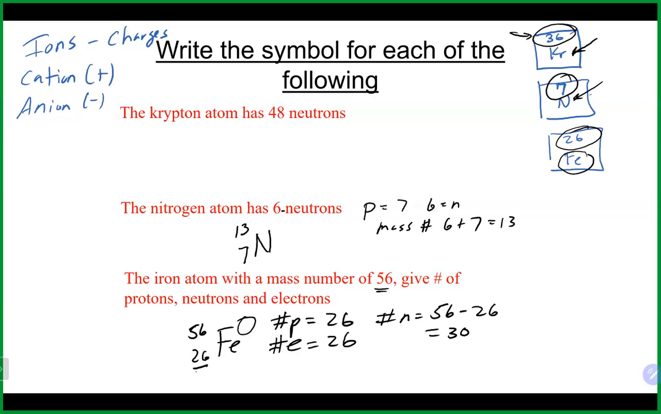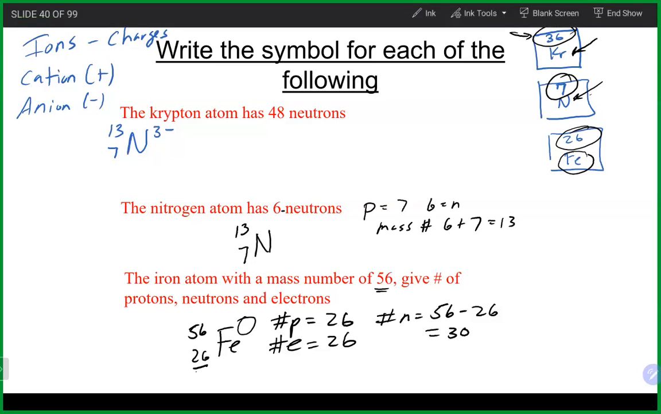Now, let's say, for example, we'll borrow the nitrogen that we got going on there in the middle. Let's say we have this nitrogen. We'll go with the same numbers there, 13 and 7. And let's give it a -3 charge in this particular case. So how does this affect sort of what we were looking at, our protons, electrons, and neutrons? Let's start with